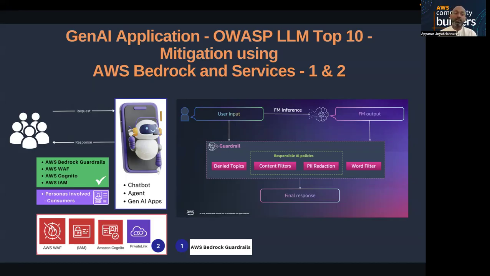One big challenge is security and compliance. We will always think about how secure it is and what kind of control I have over the response coming from the large language model. That's where the guardrail comes into the picture, and it is one of my favorite topics and favorite services from Bedrock. I highly recommend you check it out.